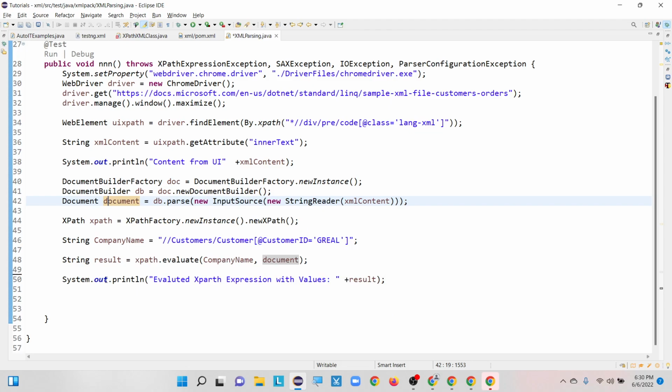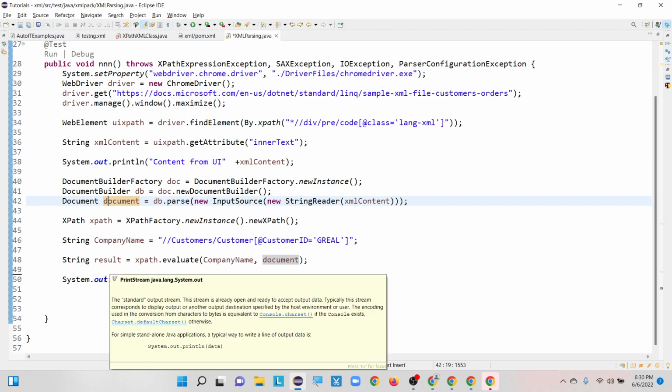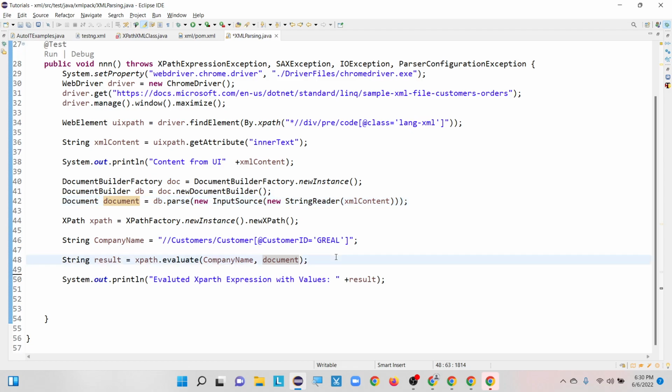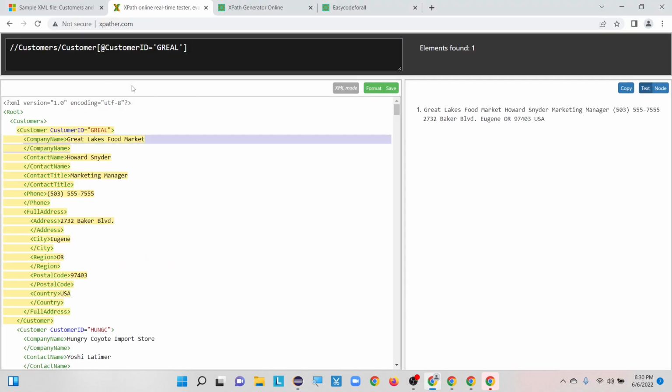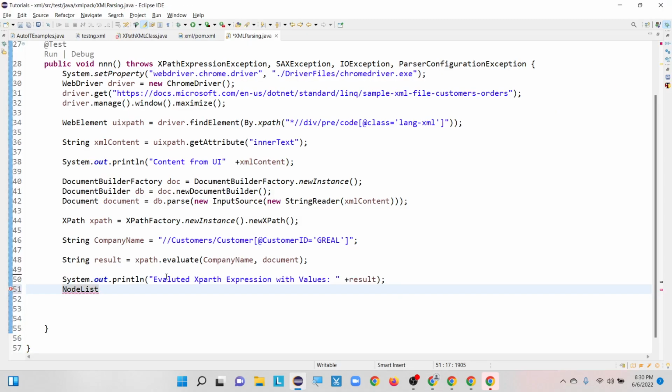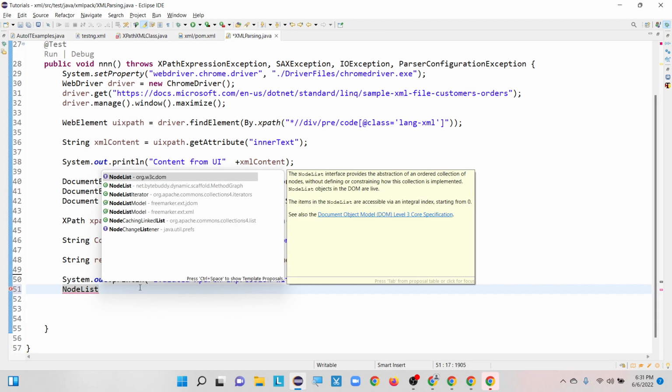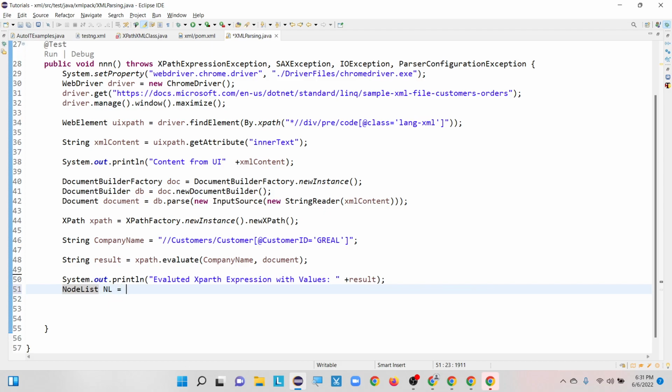Now I am going to use one node list here. What it will do is return all the node list items. For example, there are 4 elements it is giving here, so in the form of a list we are going to store them. For that reason we use a node list, which comes from the W3C document object model. So, NodeList nl equals to